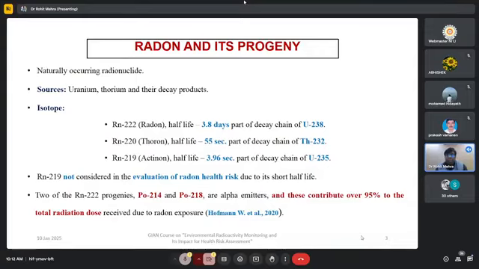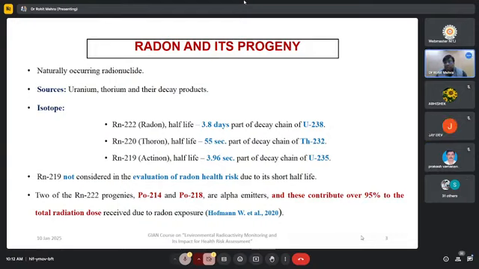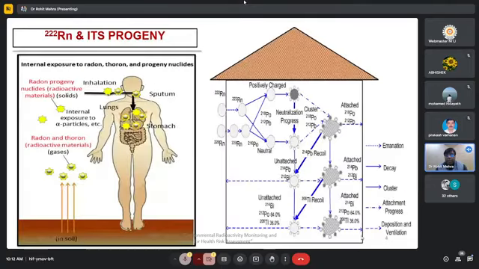Previously we did not have techniques to separate those progenies from the parent, but now we have developed those techniques. I have already discussed some pinhole cup dosimeters, but we will be summarizing it. Because more than 90% of the contribution is due to the progeny itself. Which we were saying was basically the contribution of the parent, but it is due to the contribution of the daughter products. So it is very important to understand it for the persons who are working in this area.